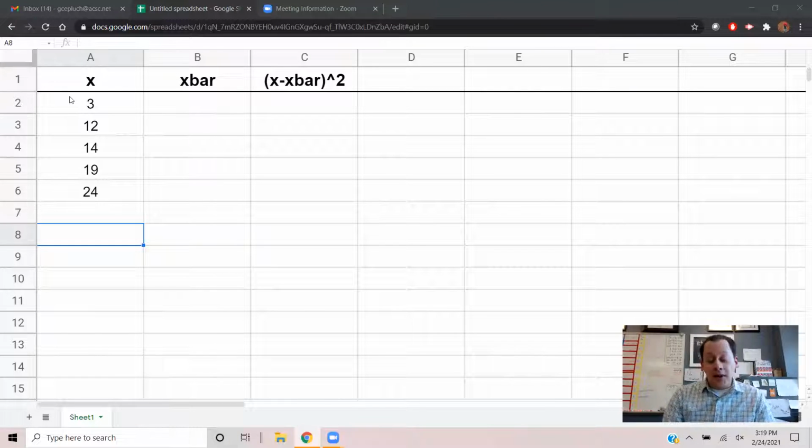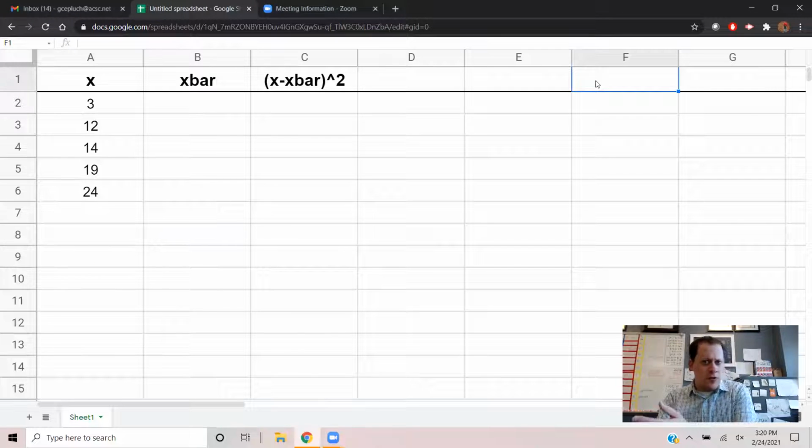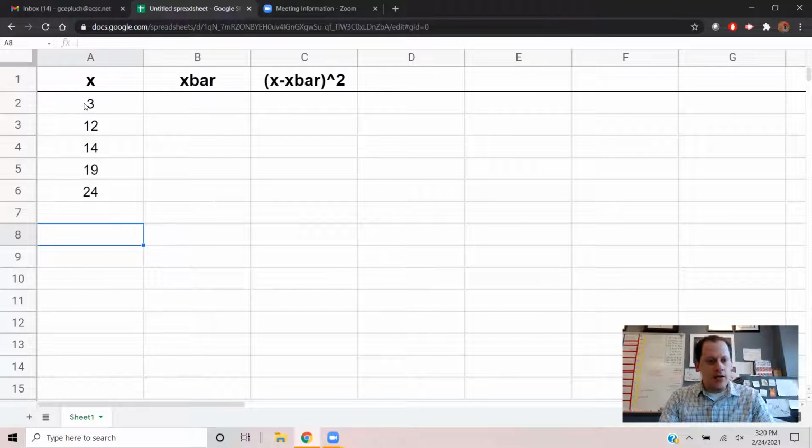Also know that for your project, you're going to have 2 variables. I'm only going to be doing it for one data set here, but you can calculate your standard deviation and variance for both variables. You could just do the second one a few columns over on the same sheet. That's perfectly fine. So we're recreating the table that has the 3 columns that we use for standard deviation and variance. I've already put the values in my data set here in the X column,